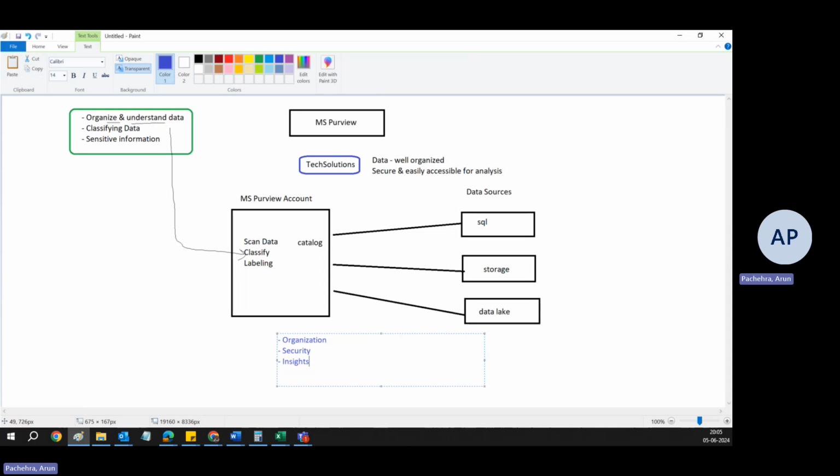Right. So this is an absolutely high level, basic understanding of MS Purview. Because I know the previous video that we created provided a lot of information. So I hope this video will help you understand the concept of MS Purview, what we are trying to achieve